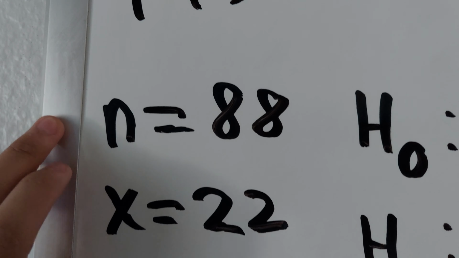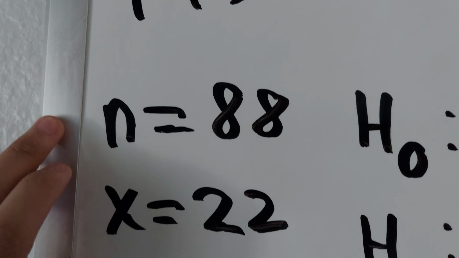With that, we've got everything we need. Now we're going to do the last step, find z with this big old formula. What we know already is that our n equals 88, the null hypothesis p equals 0.31, p hat equals 0.25, and q is equal to 0.69. So we're going to put all these numbers in their respective places, and it's going to look something like this. 0.25 minus 0.31 divided by the square root of 0.31 times 0.69 divided by 88.